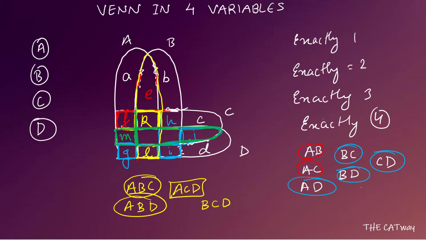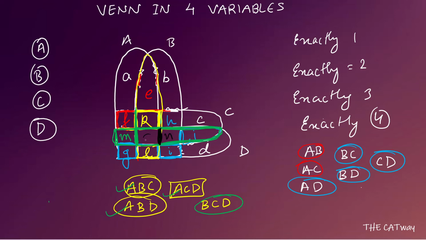Okay, similarly when we are talking about BCD, okay, these three are done. We are talking about BCD, that means A should not be there, CD should be there. So CD, this area is there, we know that this area is there. Acha, A is ending over here. If A ends over here, then this area is going to be represented by B, C and D. So this will be the fourth column for BCD, and it will be represented by N.